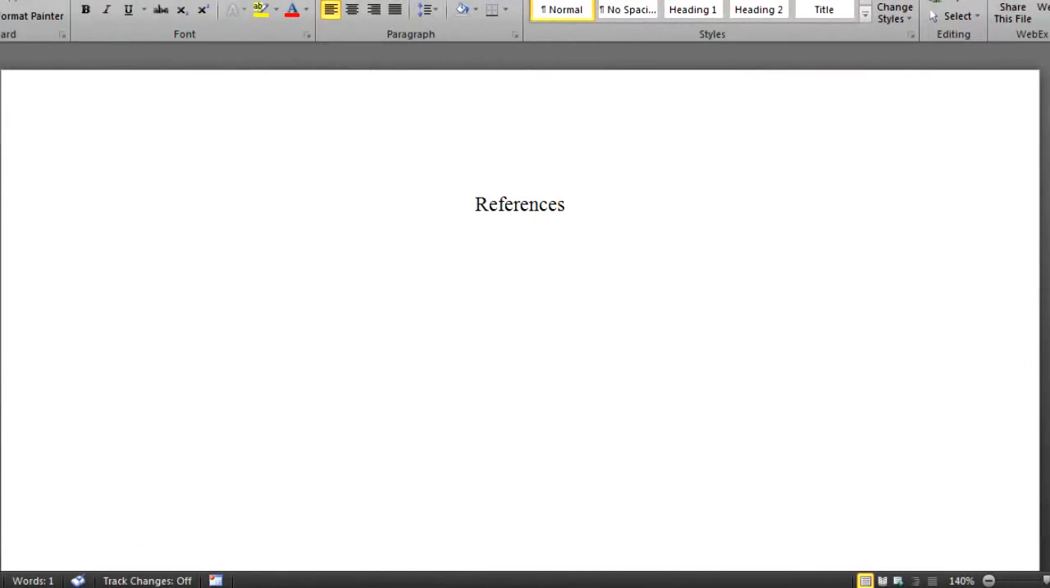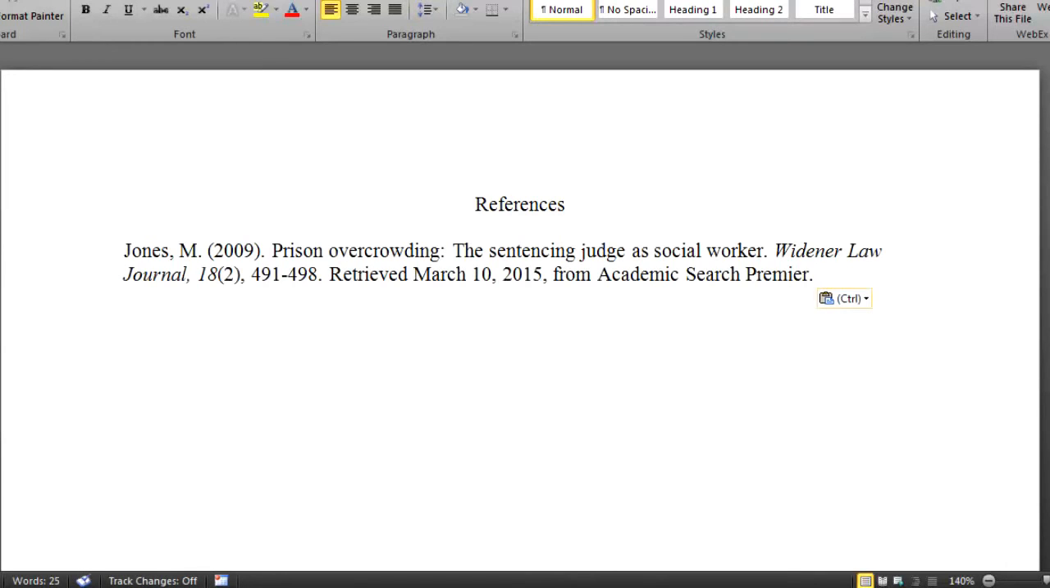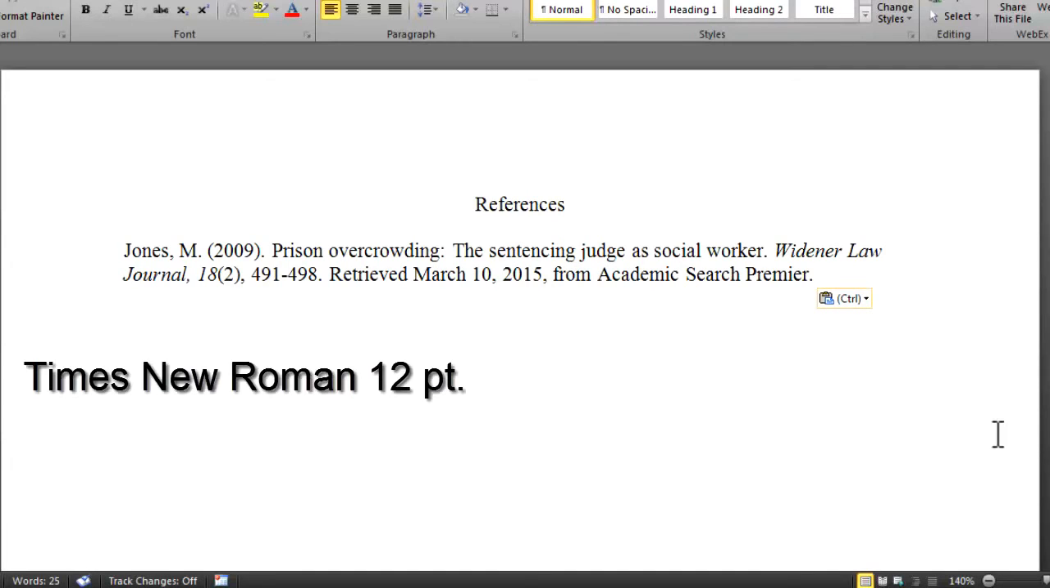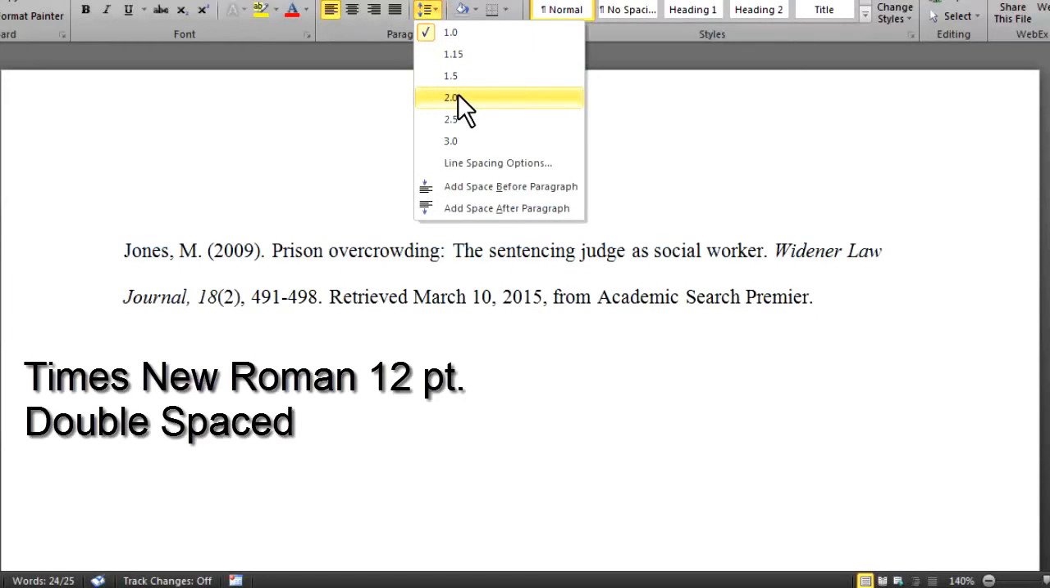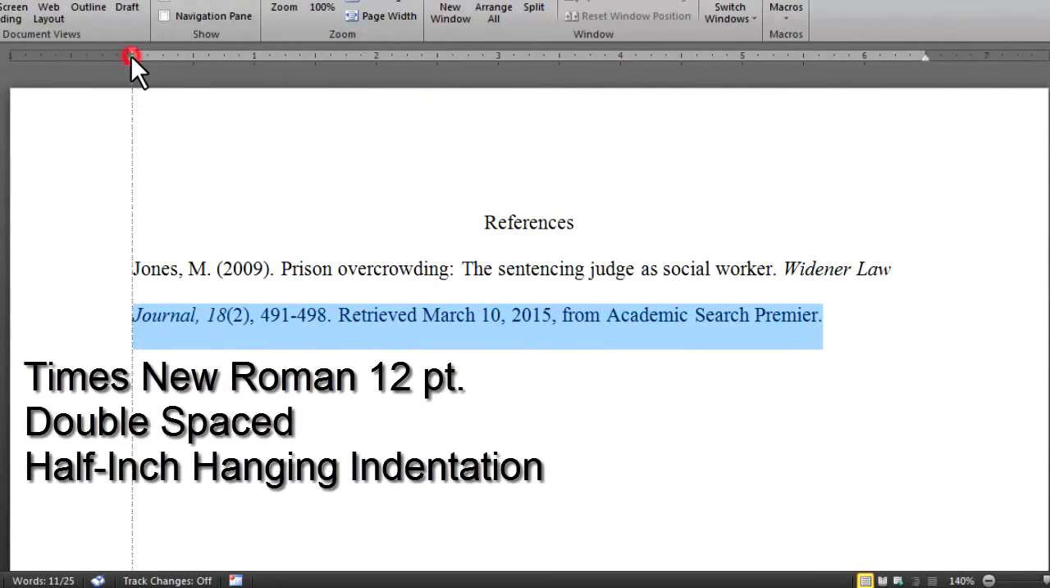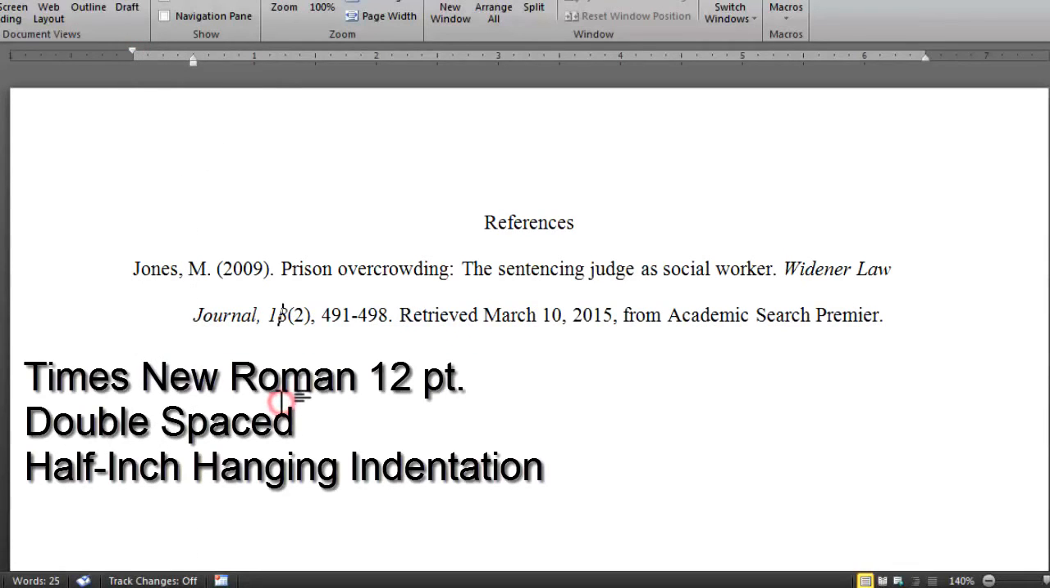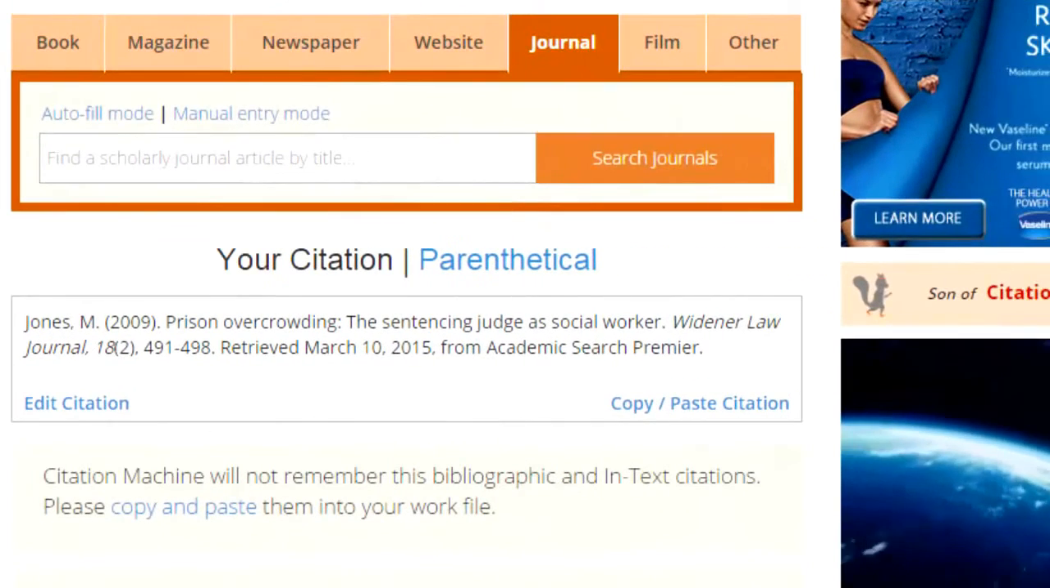Paste this citation onto a Word document labeled References at the top center. The citation will copy in as Times New Roman 12 point. Perfect. That is exactly what APA calls for. But you must also make the citation double-spaced and use a hanging indentation. Do this now before you forget to. Back on Citation Machine,